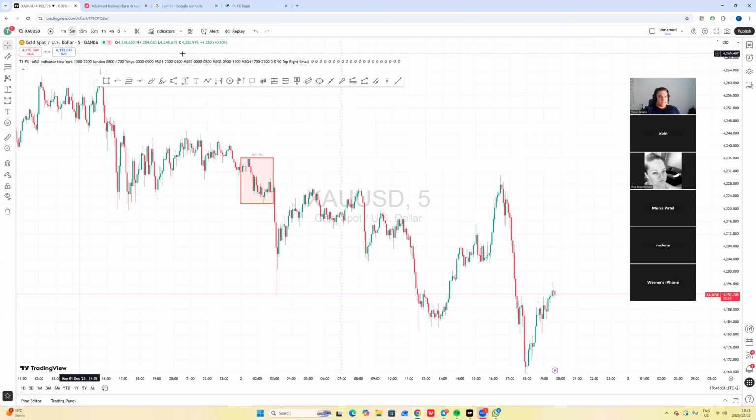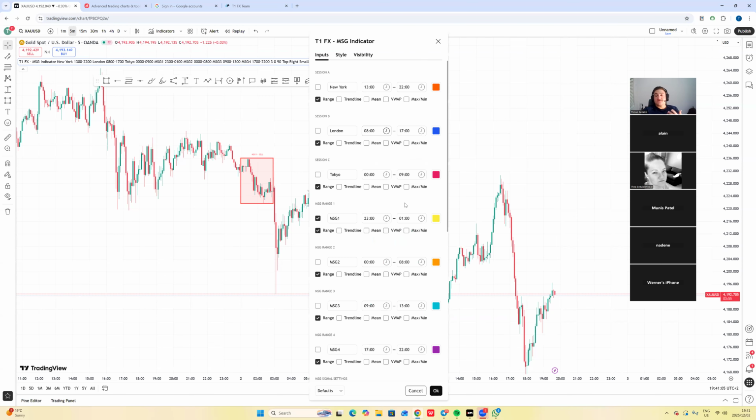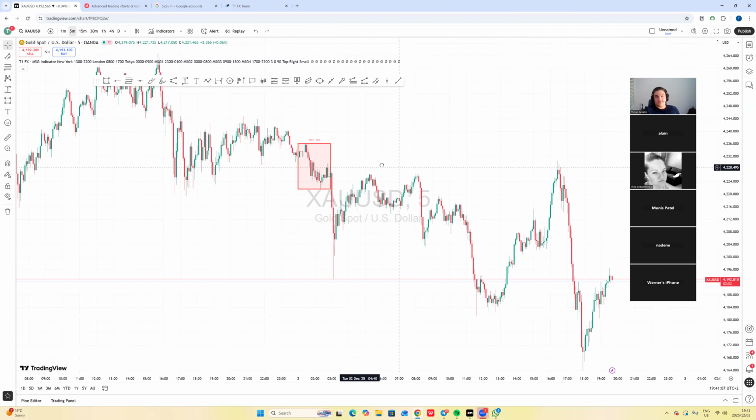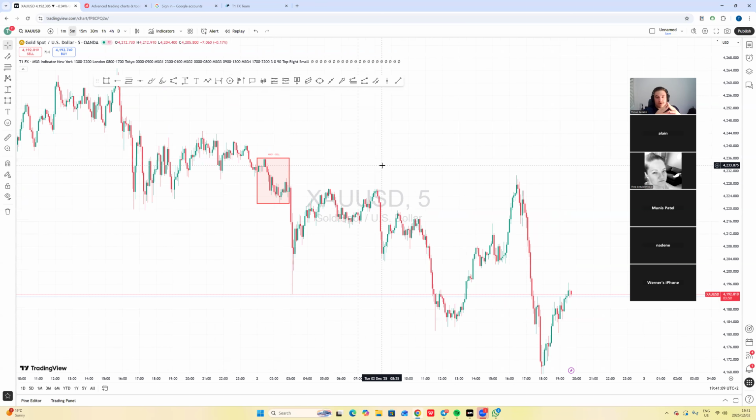So let's go to settings. So do you guys understand the MSG? Because you must understand how it works. How does the block work? How does this block work? No, it works on all the pairs, commodities, indices, everything.